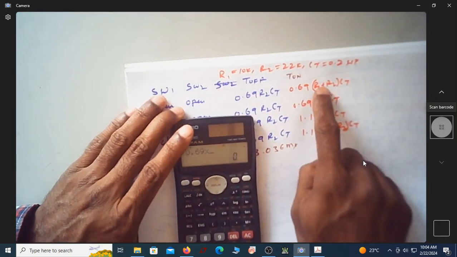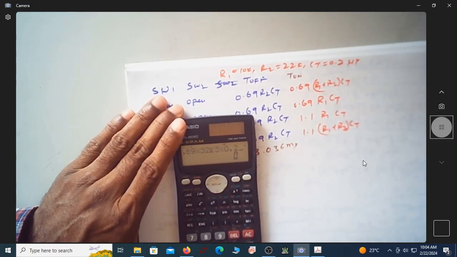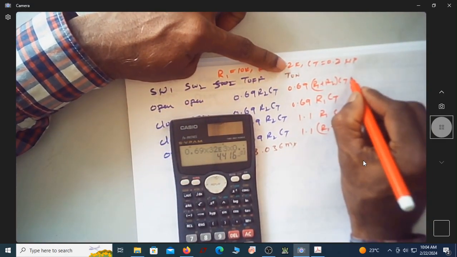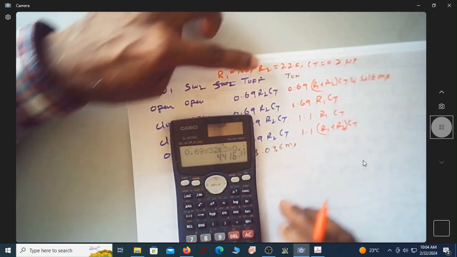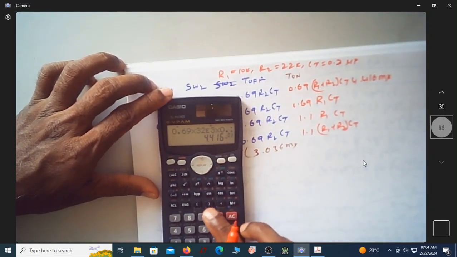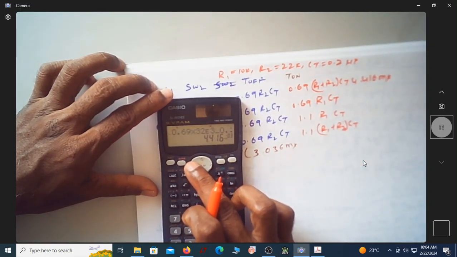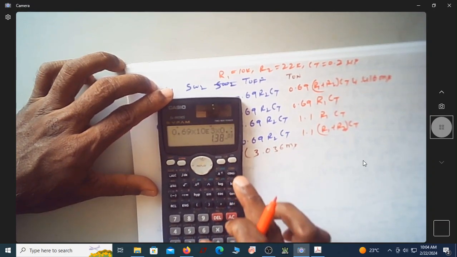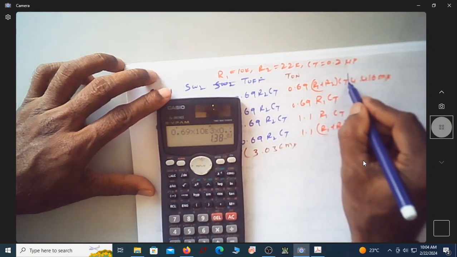0.69 into 32 exponential 3 into 0.2 exponential minus 6. It's actually 4.416 millisecond. Next, only R1 is there. If only R1 is there, then it is only 10K. So shall I make it only 10 here? So it is okay. Now let me write it as